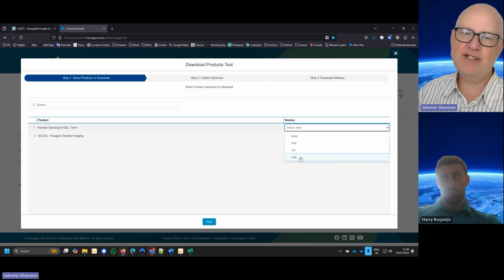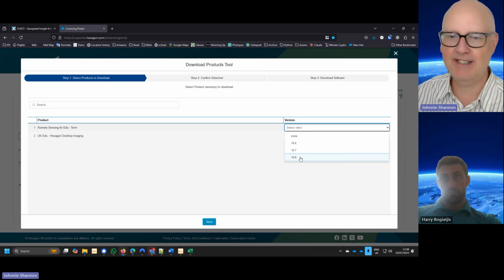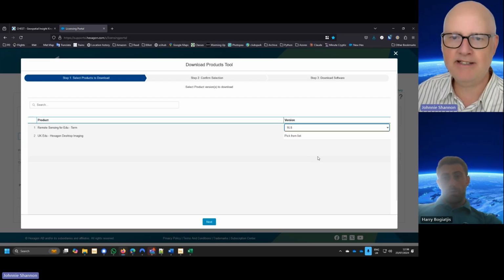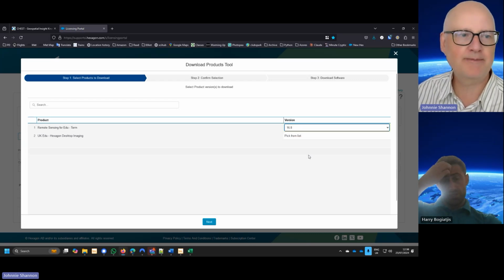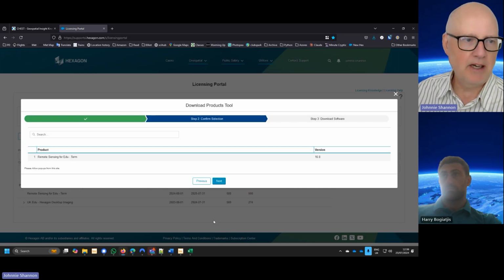If there's a problem with the software, then the first thing we'll say is please update to the latest version, and then see if the problem is still there. So it kind of saves time for everyone, and you're getting the version with all the bug fixes and the latest functionality within there as well. Once we've selected the version, we go through, just make sure it's the same thing, and then click